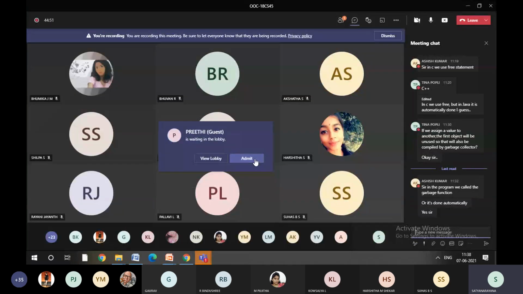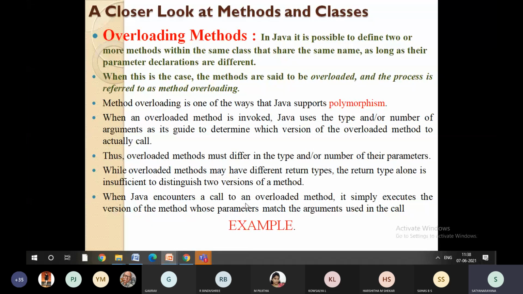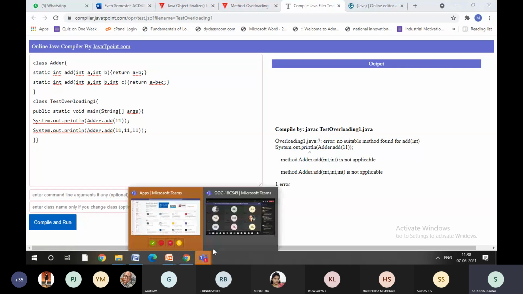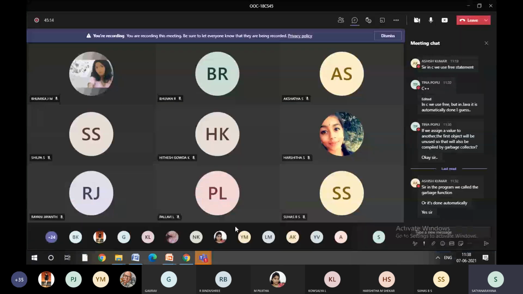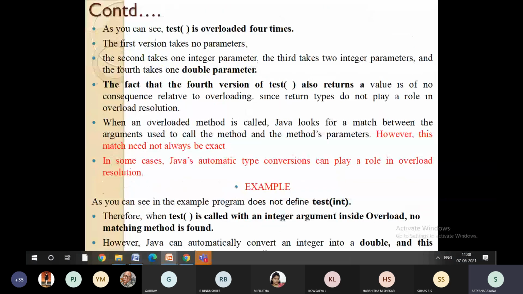So that means whenever you are calling a method, whenever you are executing method overloading, method overriding, there you need to be very careful. I'm talking about overloading only. In method overloading, you should be very careful about the number of parameters you are passing. Based on the number of parameters only, it is going to execute the program. Otherwise, the compiler does not understand what you are doing, right? So the compiler will work based on the number of variables. So this concept is called polymorphism.